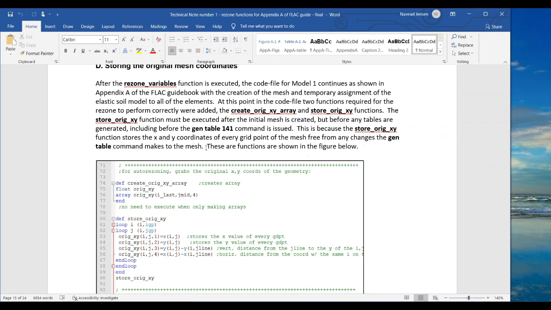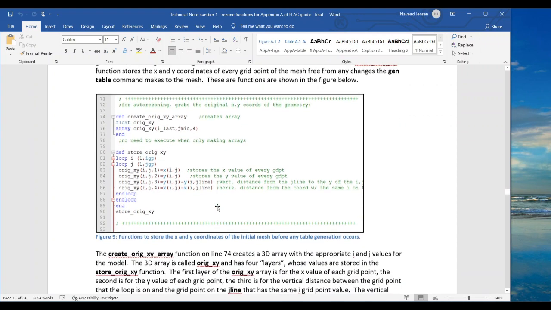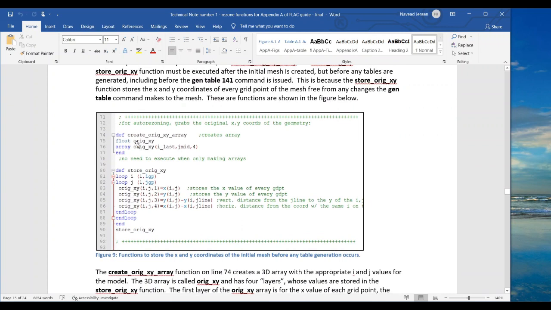And it's important that we do these two functions, create a ridge XY array and store a ridge XY. We have to do these two functions before you generate any tables. What happens here is we're just creating some arrays. We're creating one array that has 4 layers to it. The first layer, 1 here, we're going to loop through all the zones, and we're going to capture the x